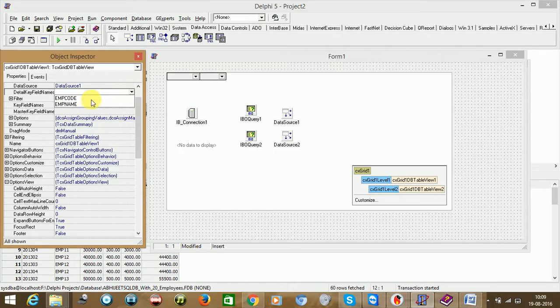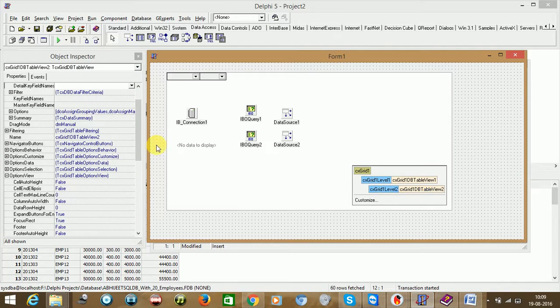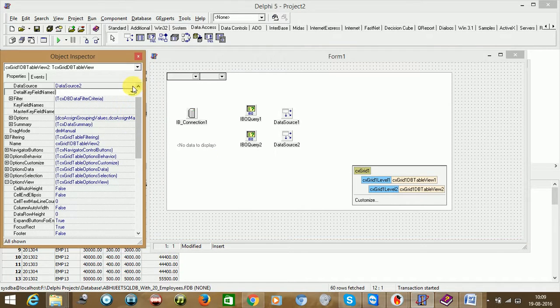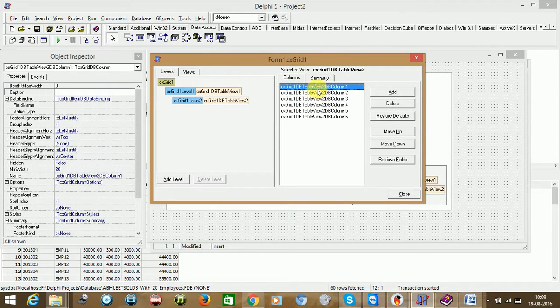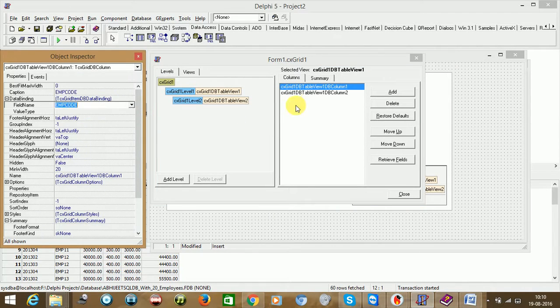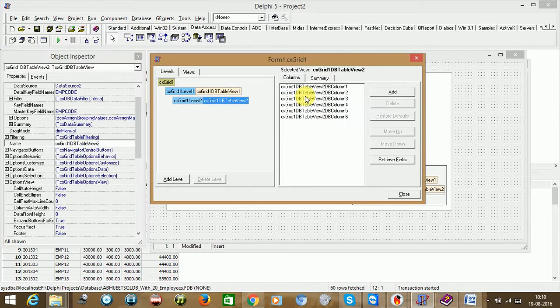if you say detail key, just select employee code as I showed. Click again here, and again you need to have detail key as employee code, master key as again employee code. That's it. So the connection has been done. Now only for these columns we need to assign the data here. This field name should be employee code, this should be employee name. See how fast it is happening.